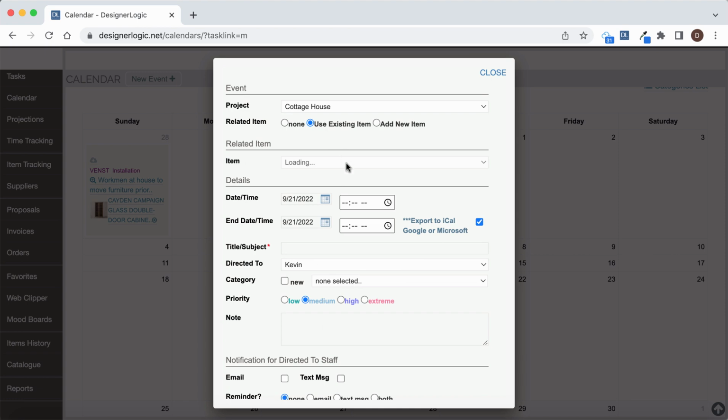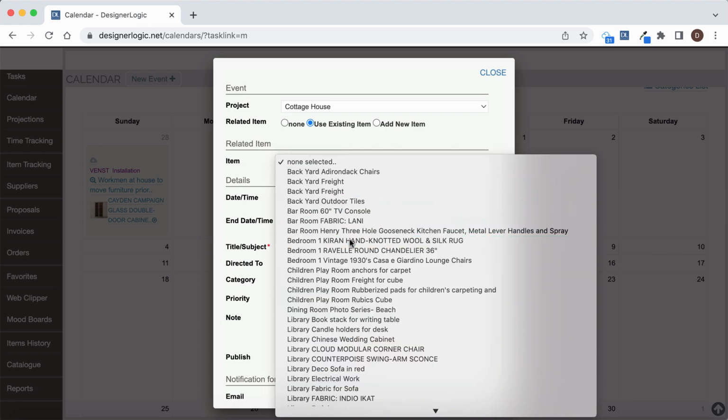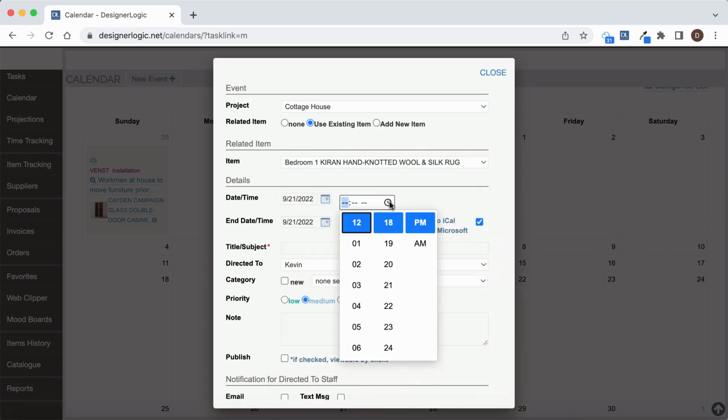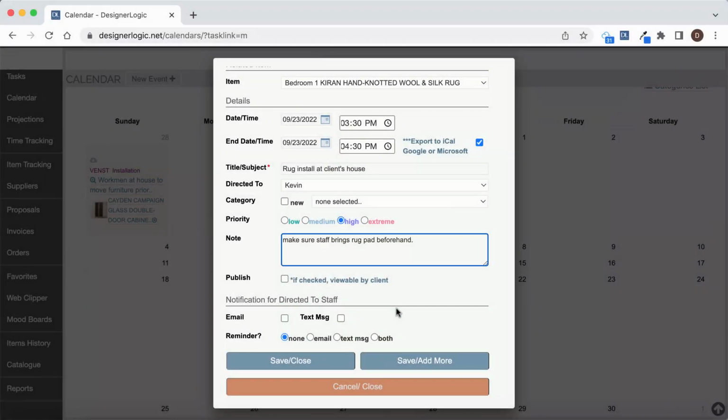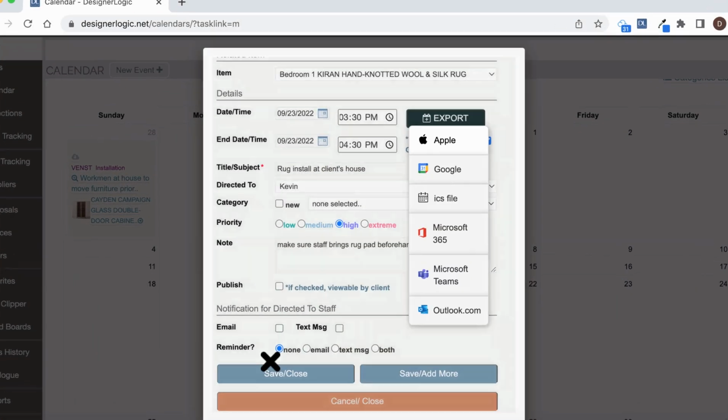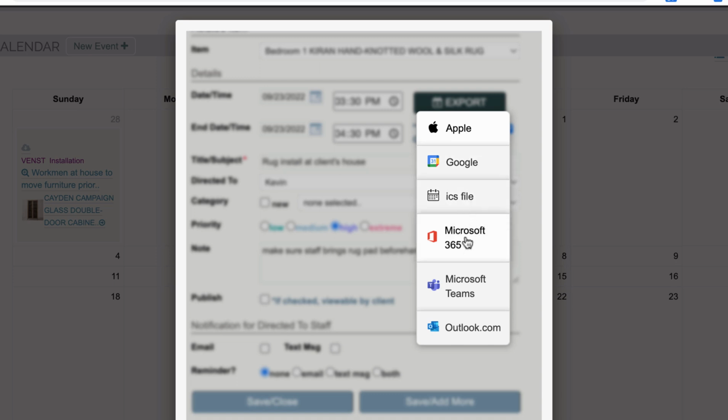We're going to use an item that this event is related to. We'll say it's this rug. We're going to put in a time. And once we have this event all filled out, we're going to hit Save Close, and we're going to choose the calendar that we want to export it to. ICS is just a standard one, but you can choose Apple, Google, or these other ones, but we're going to